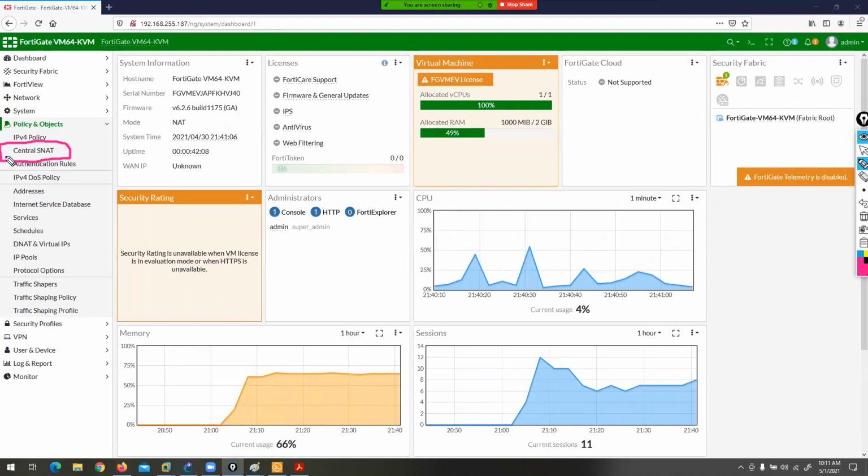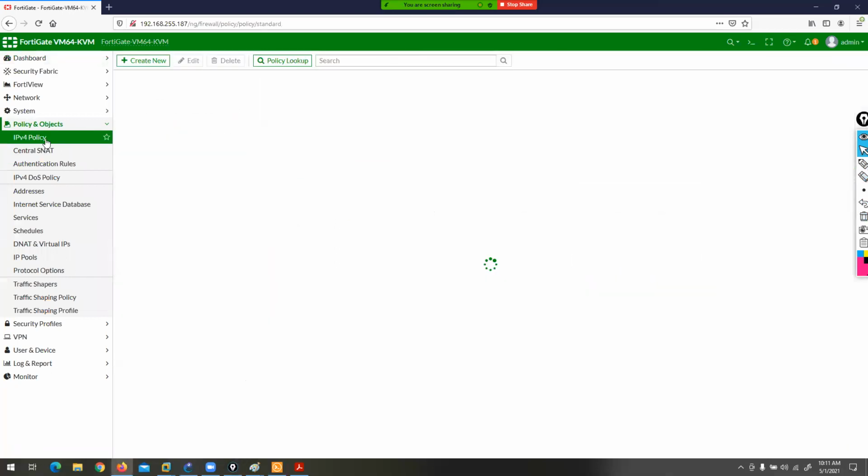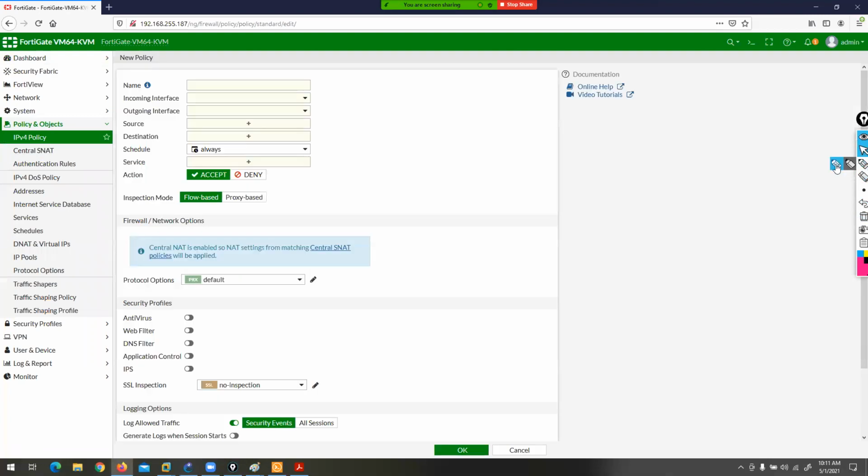Is that clear? If you click on the IPv4 policy option and want to create any firewall policy, see the option here: Central NAT is enabled. So the NAT setting is always matched from Central NAT, and the Central NAT policy will be applied. Now you cannot configure any firewall policy NAT option.